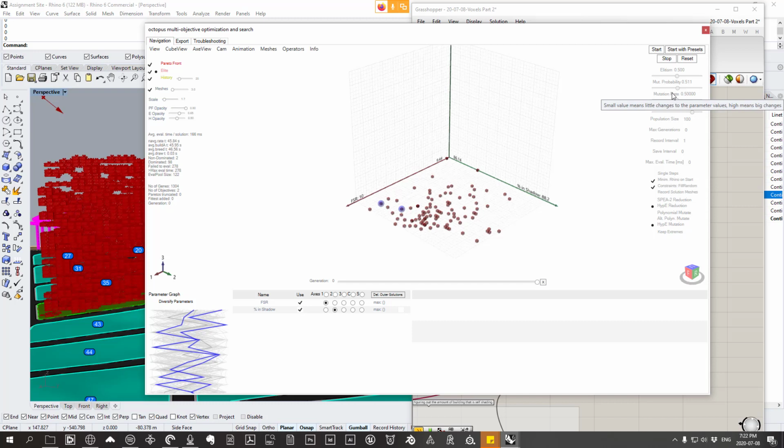The mutation rate doesn't actually mean much for this particular optimization, because we're just switching between 0 and 1, right? So there's no values between. But let's say we're going between 0 and 10. A mutation rate of 0.5 would mean 1 can go to a maximum of 5, or 5 can go to a minimum of 1, whereas a mutation rate of 1 would mean that a 0 could turn into a